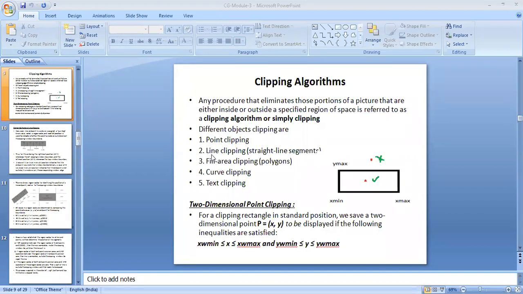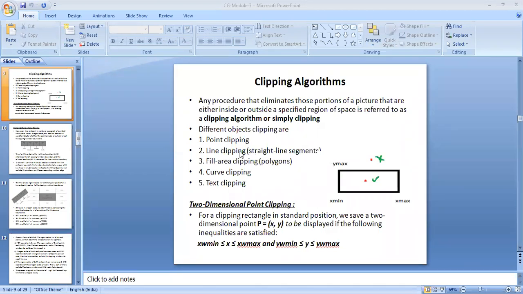Now coming to line clipping, what do you mean by line? Line clipping means we may have lines, not just points. If I need to delete a part of that line or the complete line, I cannot go with point clipping. Lines are made up of an enormous number of points, so I cannot always go on deleting each and every point. If there are lakhs and crores of points, for each point I need to check this constraint and delete, and this becomes a very tedious process.